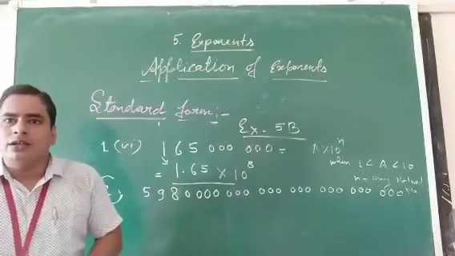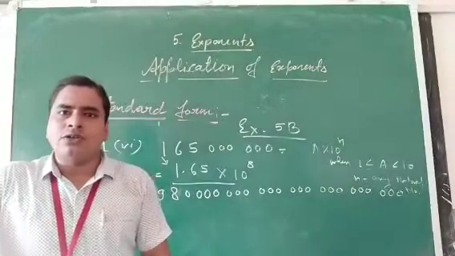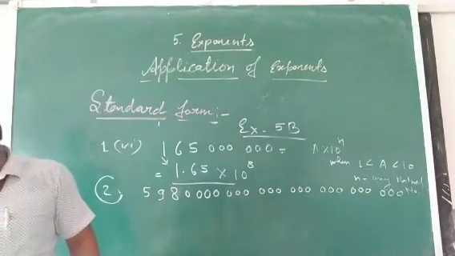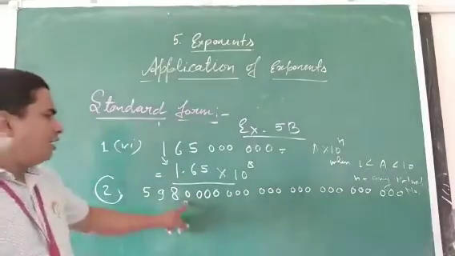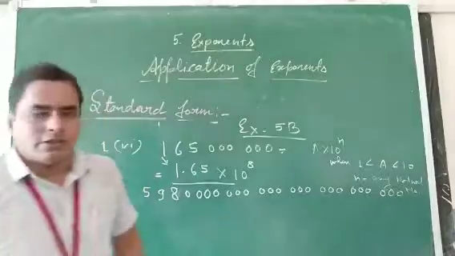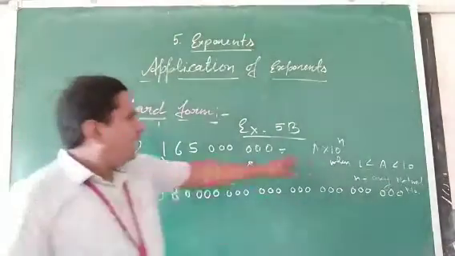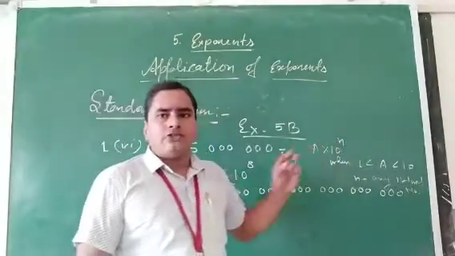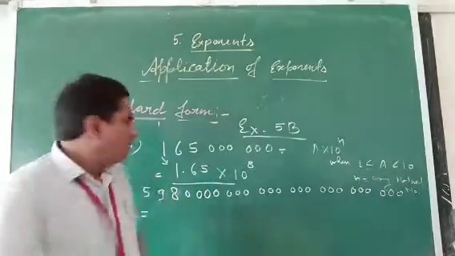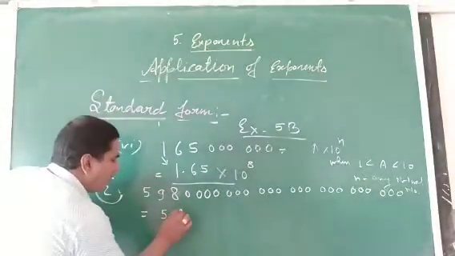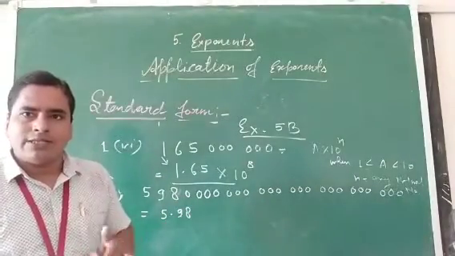So how can we read it? We can read it by converting it into standard form. How will we convert it? Here 2, 3, 4, 5, 6, 7. So 21, and here 22 zeros are given. So how can we write it in standard form? First, what do we have to do? A into 10 to the power n. The value of A should be between 1 and 10. So you can write this as 5.98. It is between 1 and 10, right?